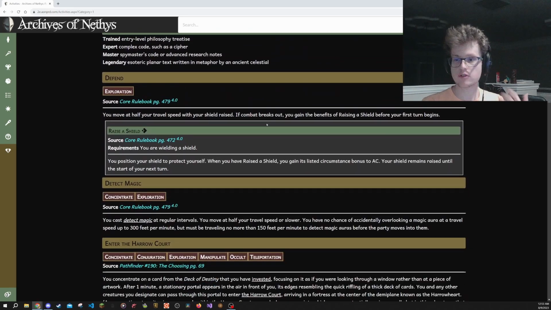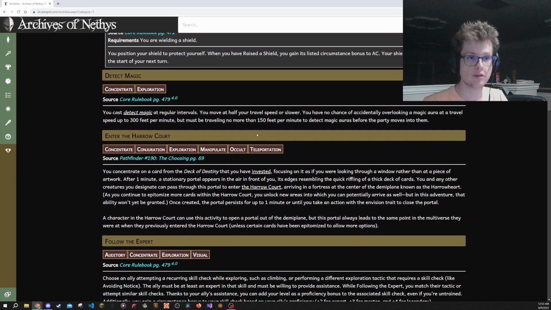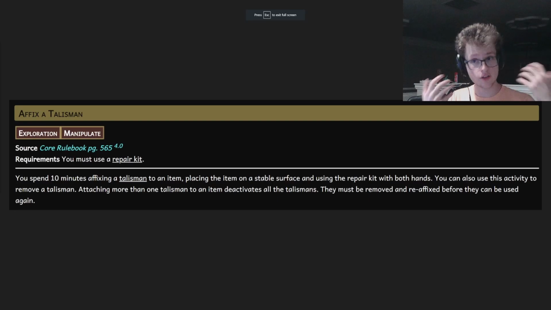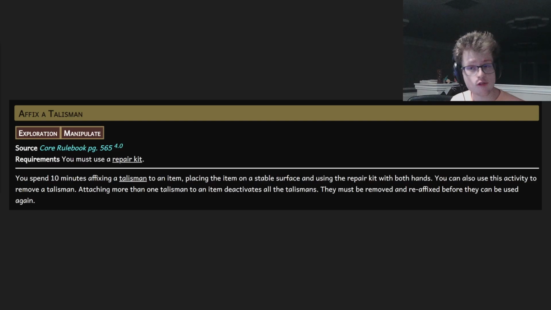So, I'm just going to cover the ones that are commonly used in dungeons, and in order to do that, I'm going to split them into 2 categories. Now, the first category are things I'm going to be dubbing non-movement activities. They don't let you move while doing them. They usually have a designated time that they take in order to do. Some may require a roll and have other effects. Affix a Talisman is one of them. You can see it takes 10 minutes to affix a talisman to an item, and